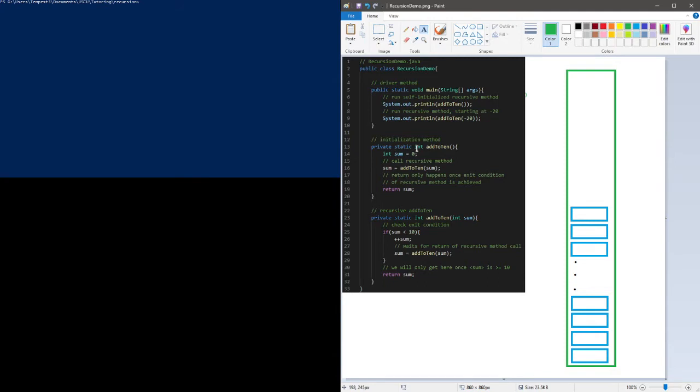So in this case, we call add to 10. And remember that in Java, as with a lot of other languages, you can overload methods. In this case, add to 10 takes no arguments. And so if you have no arguments, it's going to call this initialization method, and it's going to create an integer sum with a value of 0 as the starting value. And then it's going to call the recursive